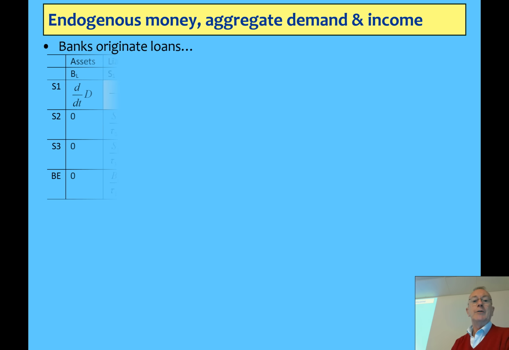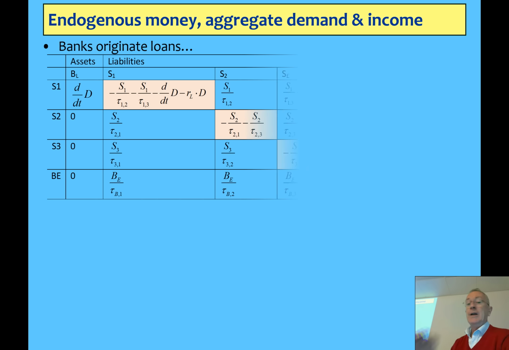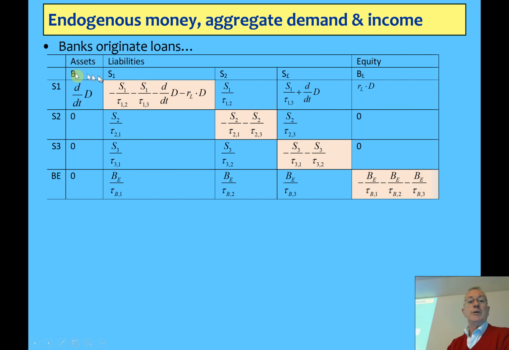So what do you have with banks originating loans now? Let's look at that. Well, now what I didn't show in my original paper in the review of post-Keynesian economics, I implicitly left out the assets. Now I'm including them to show that when you have this expression here in my table for endogenous money, that term here is because you've borrowed some rate of flow of debt from the banking sector. That's now become a rate of flow of your expenditure on sector 3.